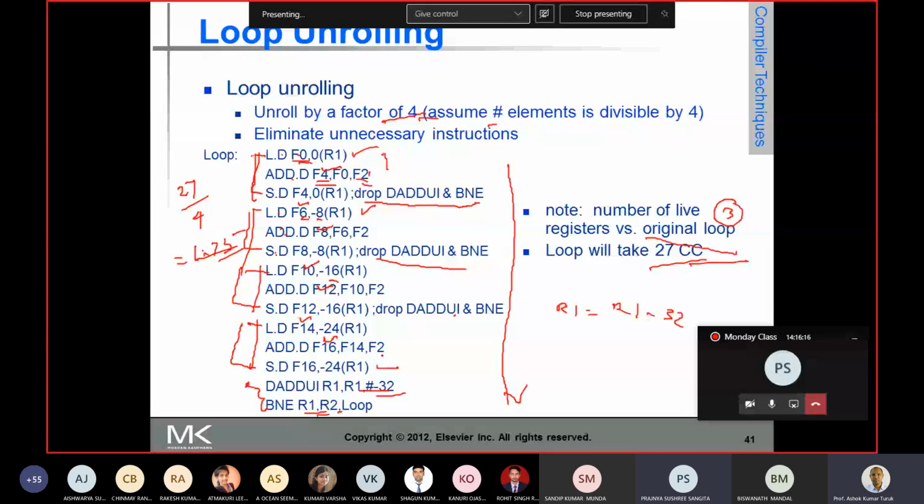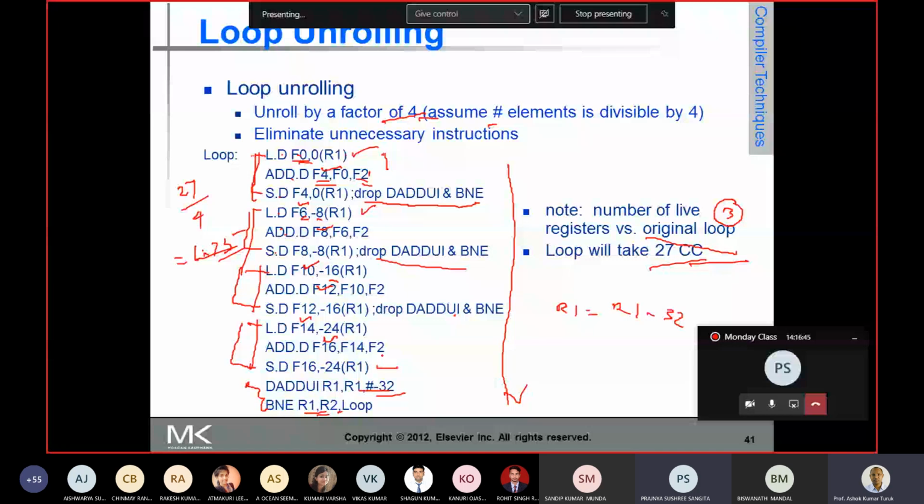Sir, in the previous example, why did you take the loop unrolling factor as 4? I am assuming that my loop will iterate a number of times that is an integral multiple of 4. If it is an integral multiple of 8, then you can unroll it up to 8 times and readjust the terminating conditions. It's just an assumption that the loop will iterate some integral multiple of 4.